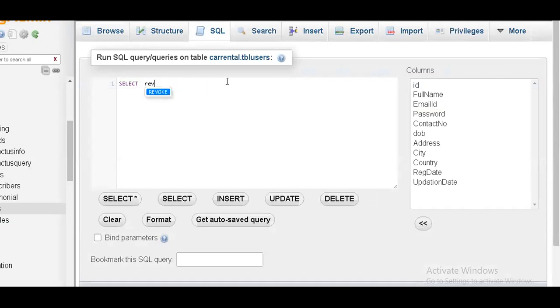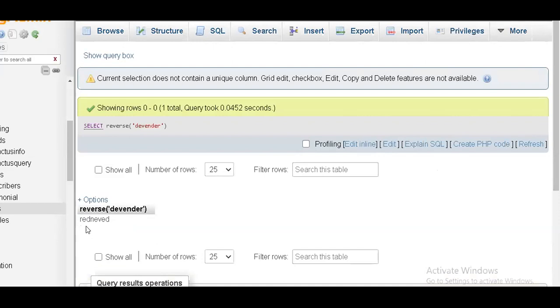So reverse of name. I'll write my name and see how my name will be reversed. So my name has been reversed. So this is how I'm going to get the reverse of that particular name.